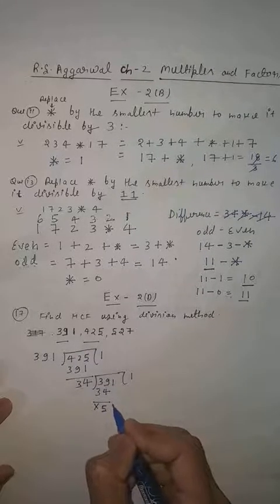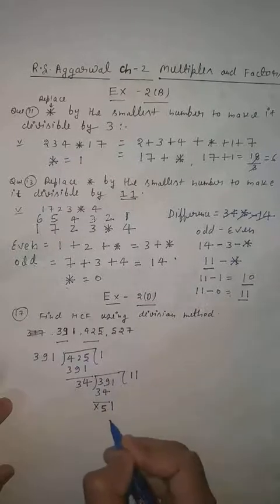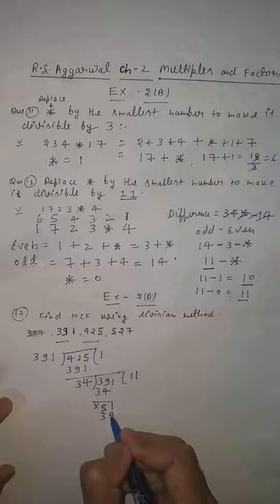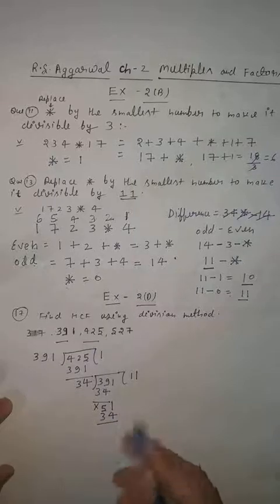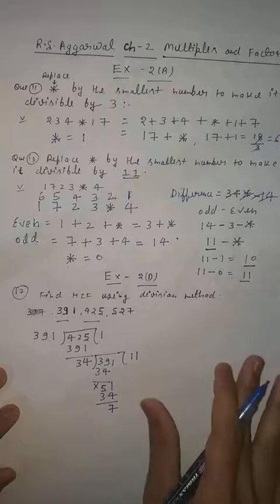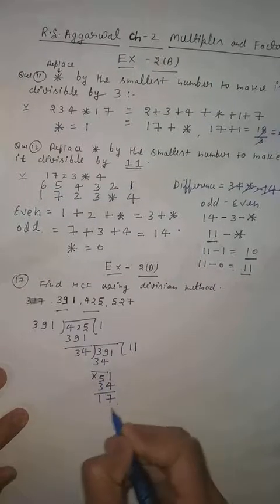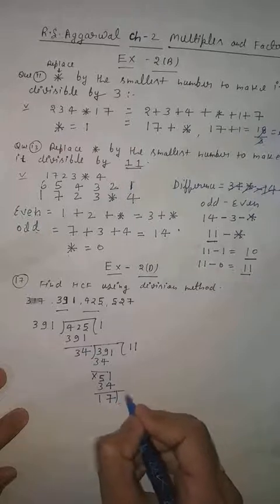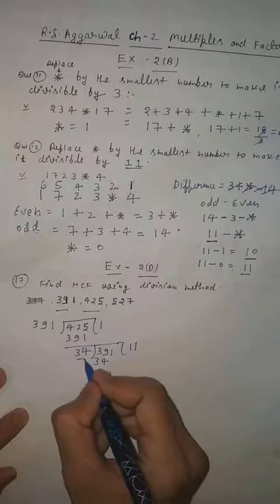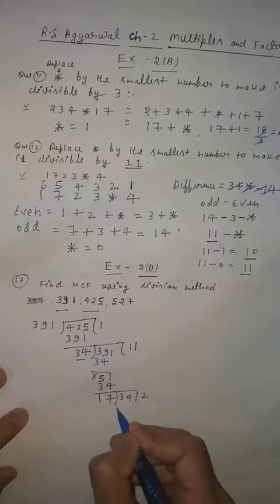And this one is 51. Then again one time, 34 1 ja 34. 11 minus 4, students, you know that is 7. You have to divide till 0 comes. 4 minus 3, 1. Now again you will divide. This one is 34, you will divide 34. This is 17 2 ja 34.